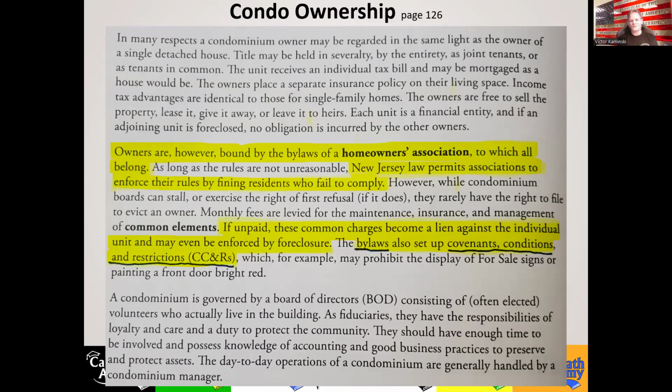Others may allow you to put a barbecue out on your patio, or that back porch or patio area. Others don't want that happening because then the smoke lingers into the neighbors, so they've got rules against this. So a condominium is governed by its board of directors, consisting of often elected volunteers who actually live in